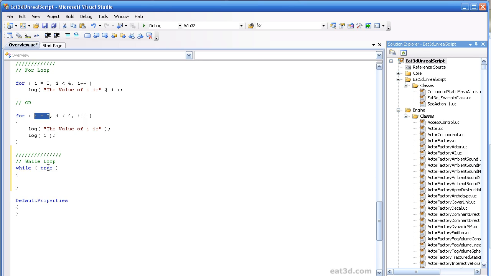A while loop is good for something where you're waiting on maybe a game state change and you want something to continue running until something that is out of the control of the script, in the case of the for loop, the loop itself, happens. It's waiting on maybe an event from the game, and then that event is changing the value of whatever you're checking against. That's one example of what might be here. So this could be a bool value that is being set from another function or something along those lines.